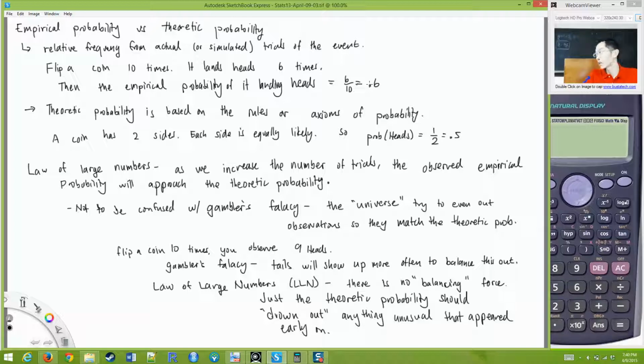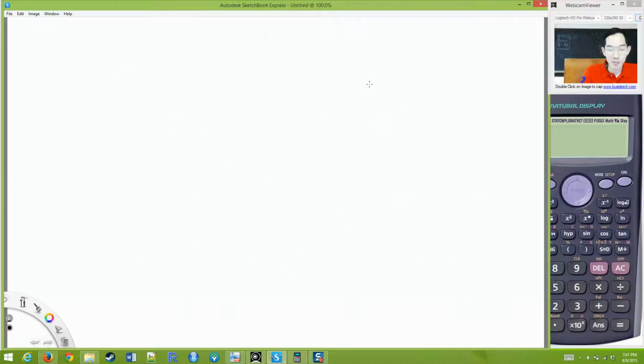Presidential elections, a lot of people do things like that. Outcomes of sporting events, they try to run simulations. If you wanted to predict the winner of the Super Bowl, some video game company will always run Madden and play the video game and see what happens, and they try to make their predictions that way. That's a silly example, but people do stuff like that all the time for more complicated things. Okay, so anyway, let's go into the rules for calculating theoretic probabilities.